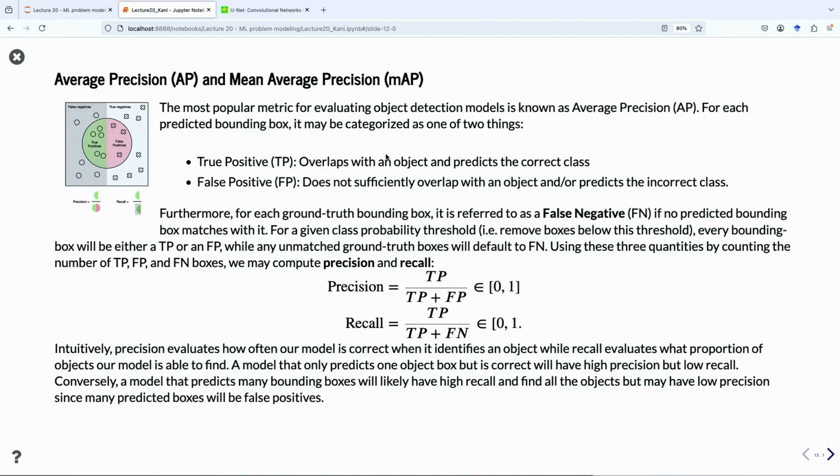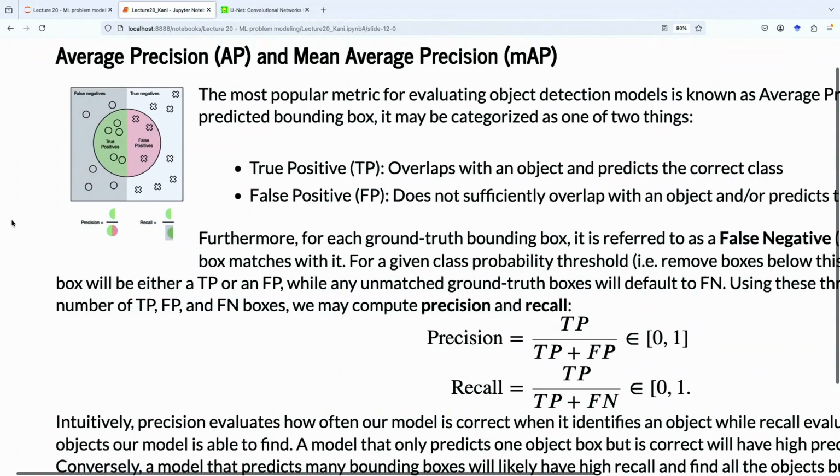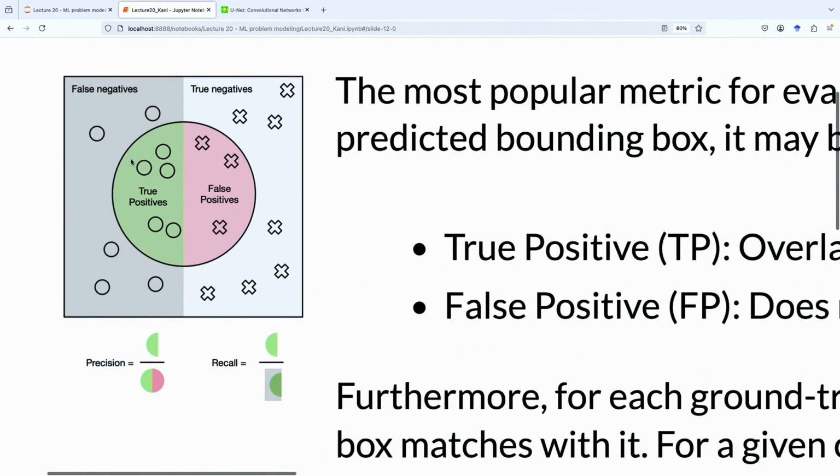So in the case of image processing, we could have something that, if there is something there, identifies that thing very frequently. But it would also give us a whole bunch of false positives.